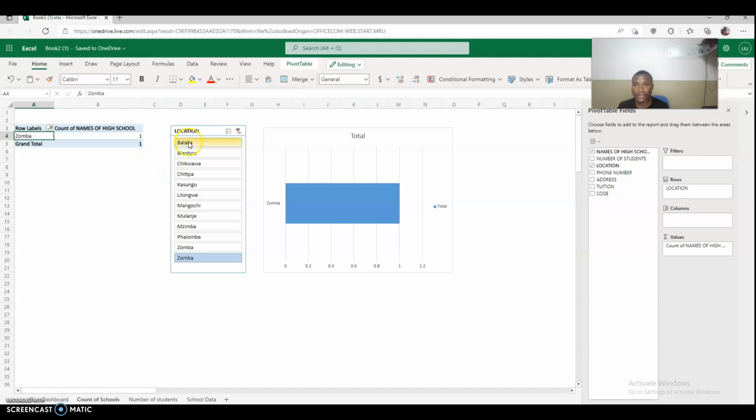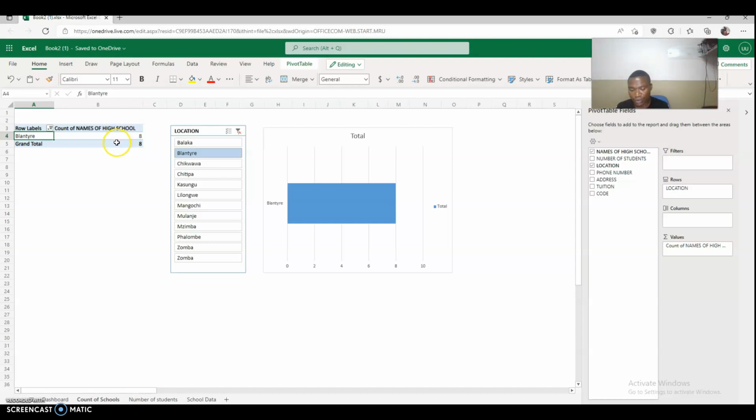For example, if I choose Balaka, you see that the details update under here. It is showing that in Balaka there's one high school. If I choose Brantaya here, the information updates, and that is telling us that in Brantaya there's 8